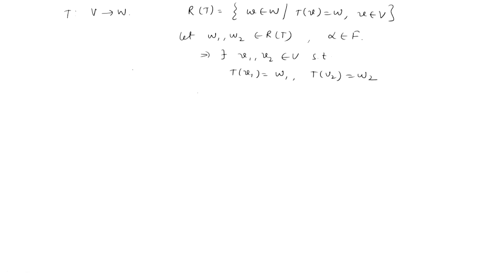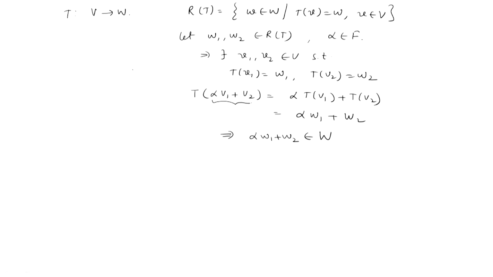Now, if you take T of alpha v1 plus v2, since T is a linear map, it is alpha T of v1 plus T of v2, which is alpha w1 plus w2 by this expression. So, what we have shown is that there exists an element alpha v1 plus v2 whose image is alpha w1 plus w2,